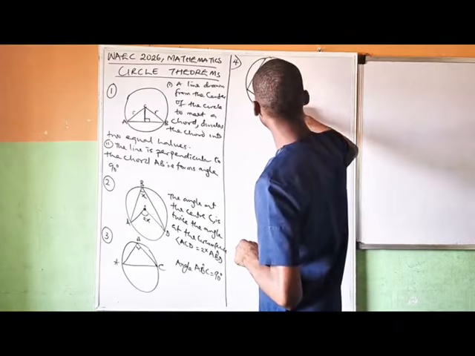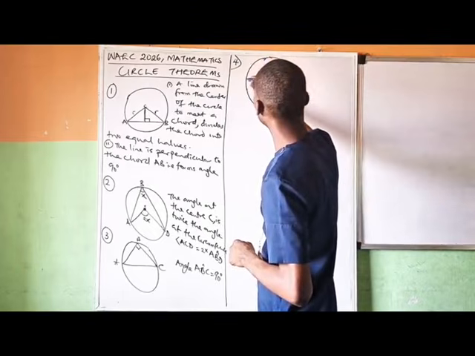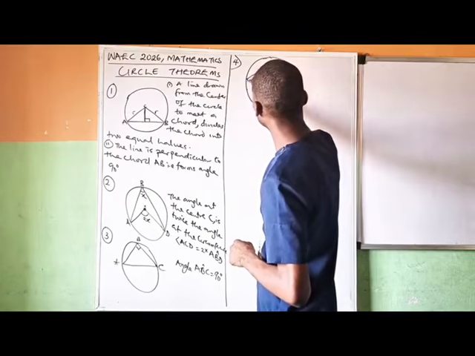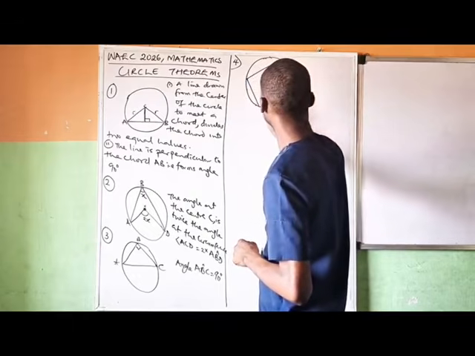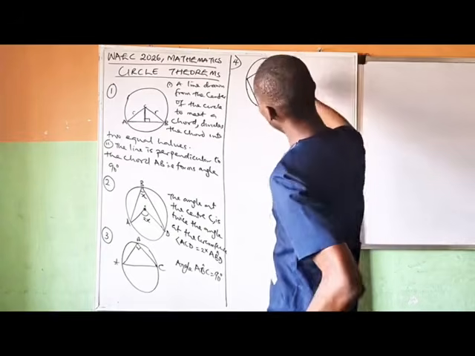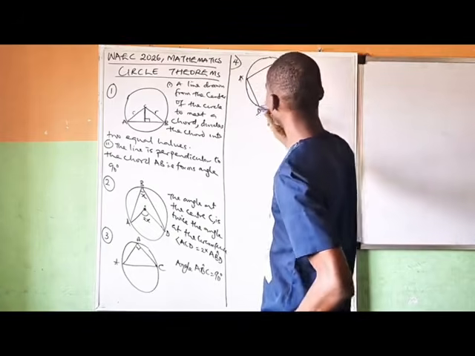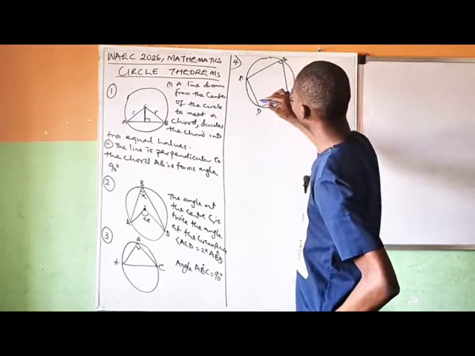Now let me not make it a perfect quadrilateral. So in this circle, if I have A, B, C, D, the theorem says this angle and this angle